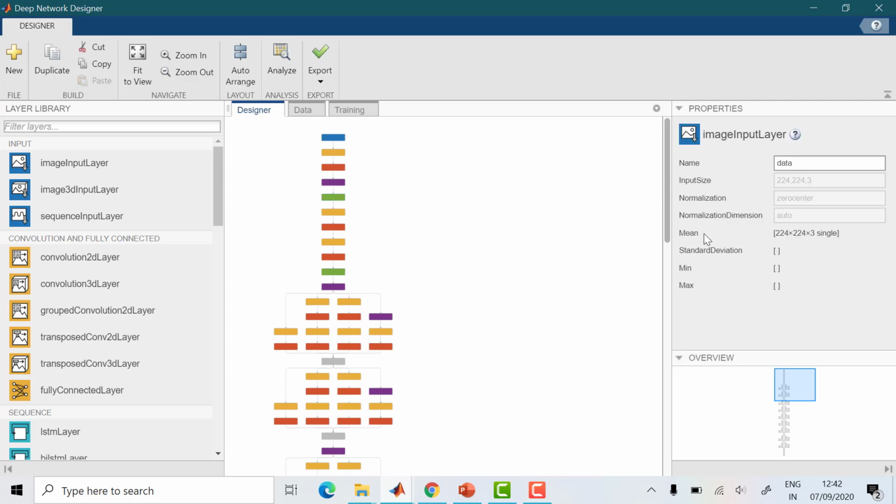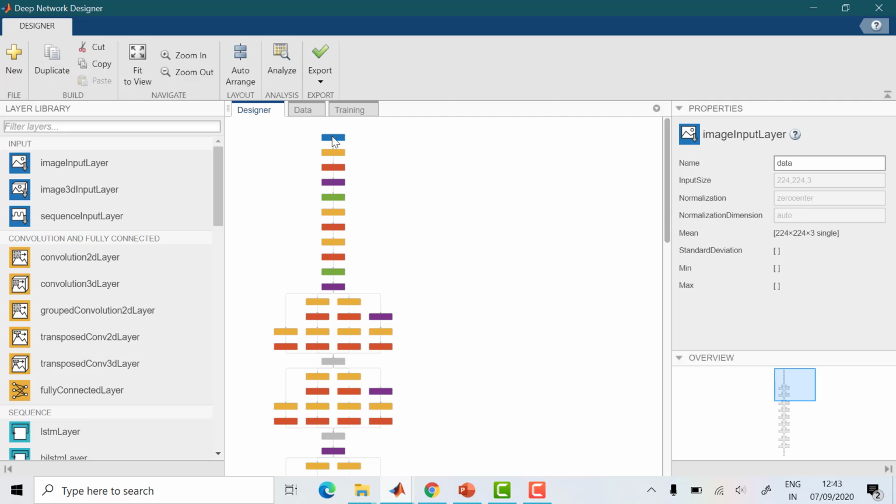So the input layer is already 224 into 224 into 3. Our image size is also 224 by 224, so no need to change. If it is AlexNet or some other net, the input image size is different. So the input image size, how much the network will allow, that you have to configure. We should always be careful about the input layer. The image size you have stored and this input layer image size, here you can see, should be the same. Otherwise, you have to change it. According to the network you're selecting, you have to change the size of the image and keep it. This is a very important point you should know.